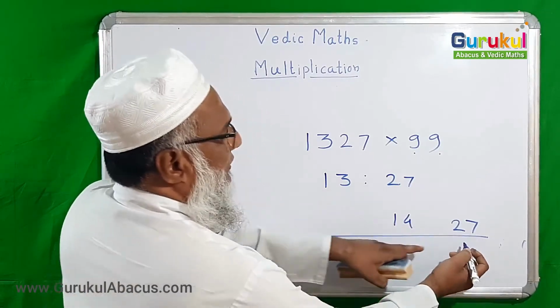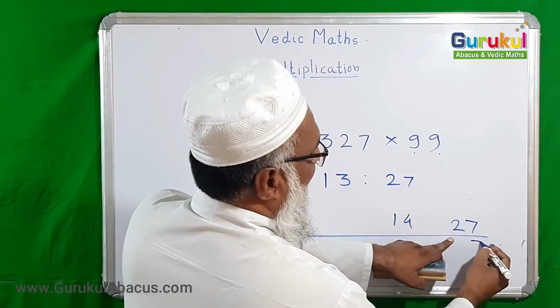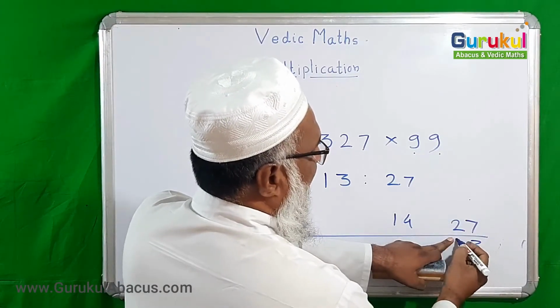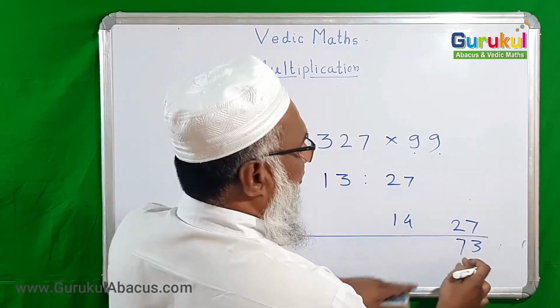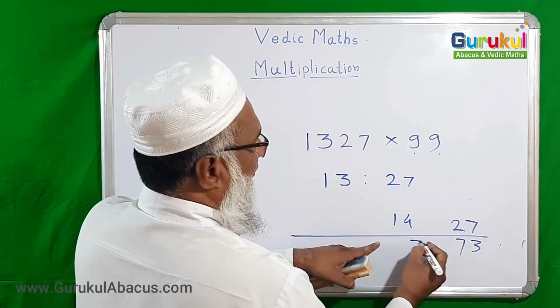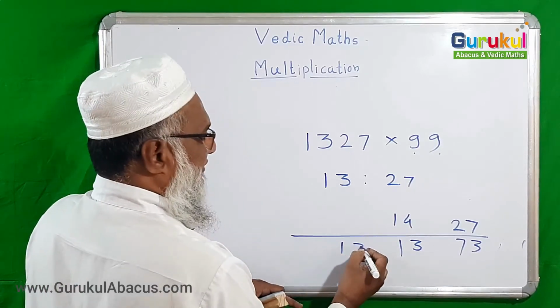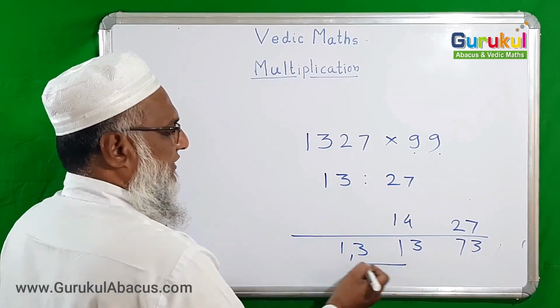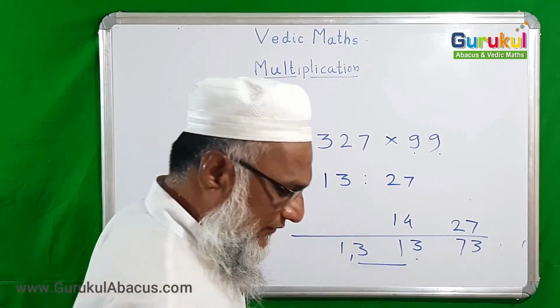Okay, so for this, subtract 10 minus 7 is 3, 9 minus 2 is 7, last from 10, rest of all the digits from 9, so here I got 73, and now this subtraction, 7 minus 4 is 3, 2 minus 1 is 1, and this 13 as it is to write. The answer is 1,31,373. It is very simple for us now.